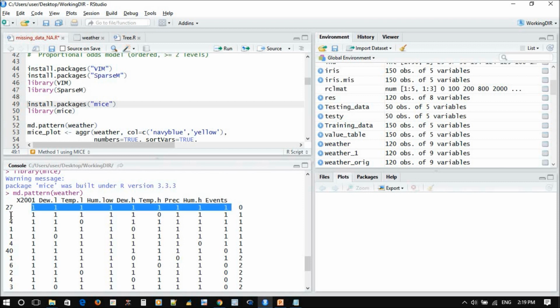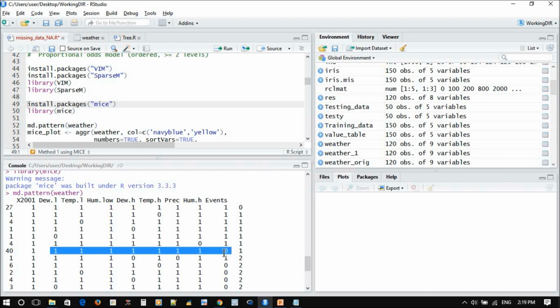And you have one row that has missing data in temperature high. Okay, and the rest of the data is complete. And you have 4 rows that have a 0 inside temperature low, while we have all the rest complete. And like this, you have, for example, 40 rows that have